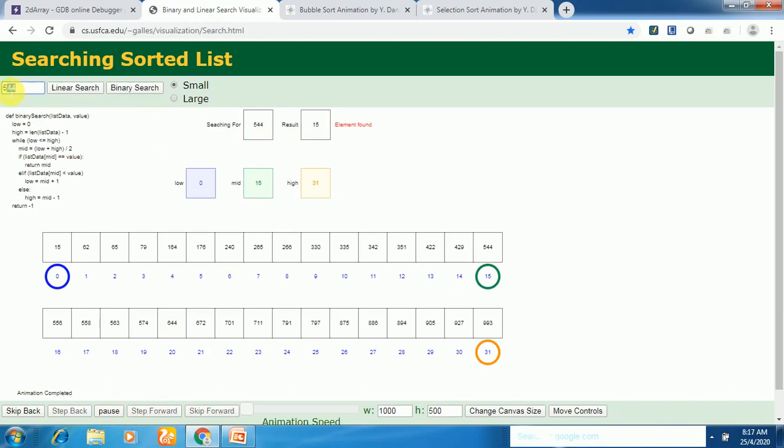Suppose that you are searching for 644. Let us see how it is going to operate here. So low and high indexes are set, mid is calculated. So the middle element is 544. So the key 644 doesn't match with 544, but the key is greater than 544. So this is the first half where the key is not present because the key is greater than 544. It may be present in the second half because the second half elements are greater than the middle element.